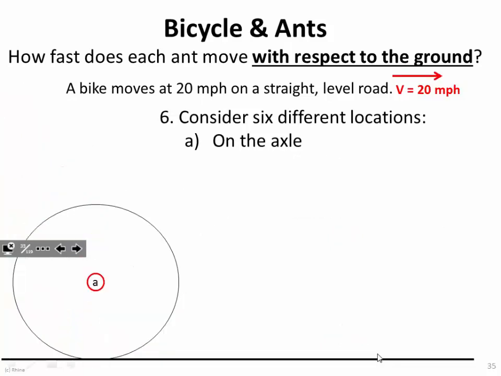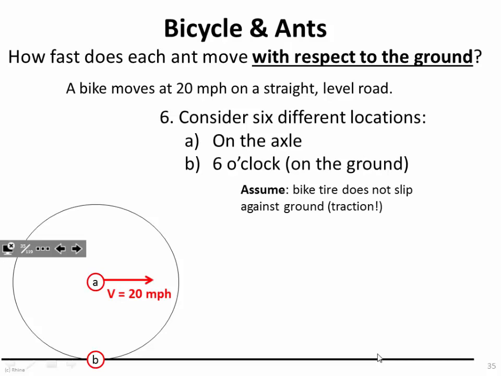And so this is the first one where we have the boy sitting here, the ant's on the axle, it's moving by from left to right here, right to left from the boy's perspective. And so this is the easy one, right? So the ant's just sitting right along the middle of that bike tire, 20 miles per hour. Now,